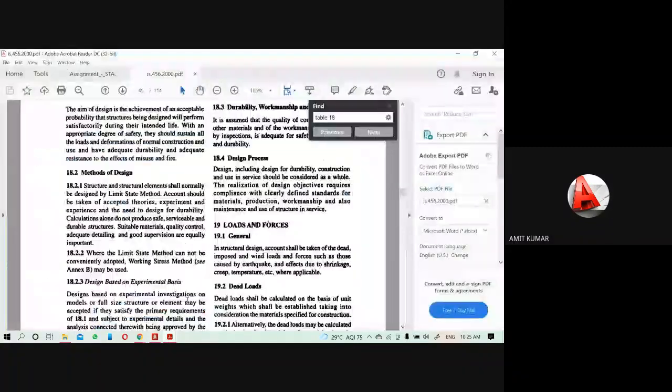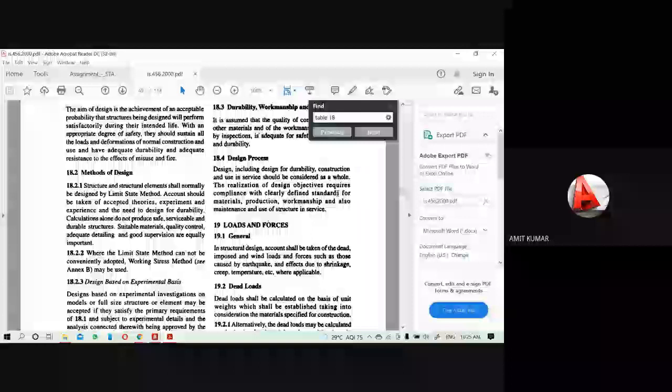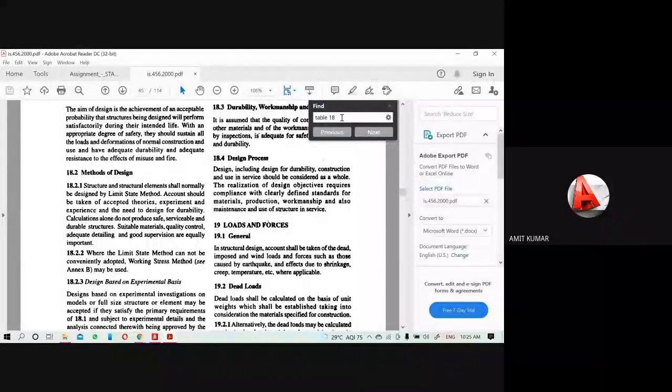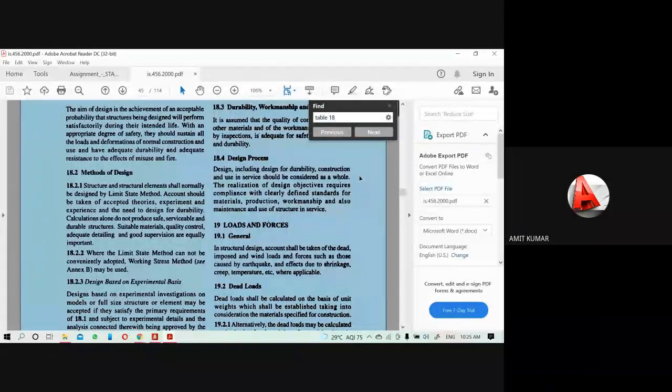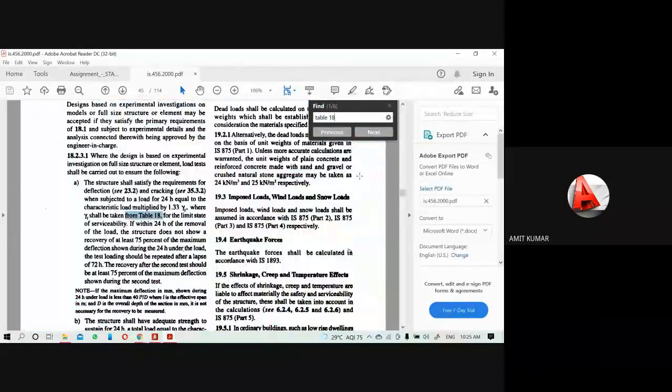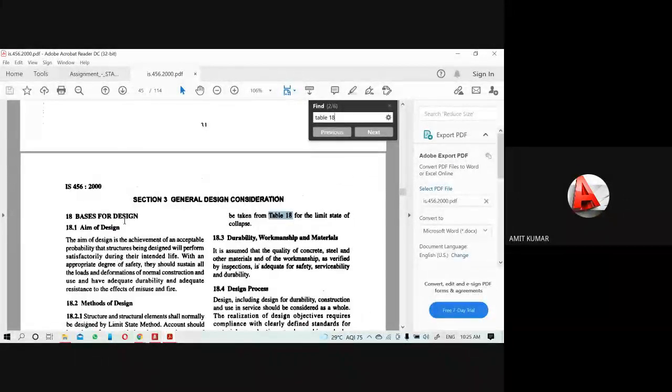Let me open it. Here it is the IS 456 2000 code, and search, just press Control F and type Table 18 here and search Table 18. So here it is, Table 18. You can see the durability is for the serviceability.